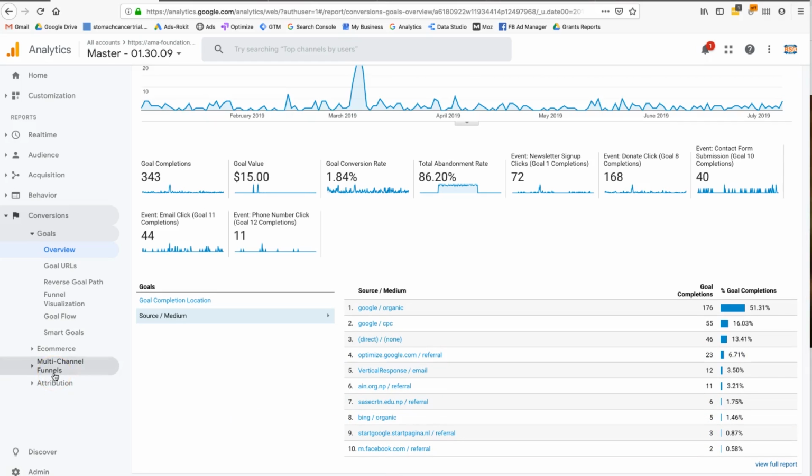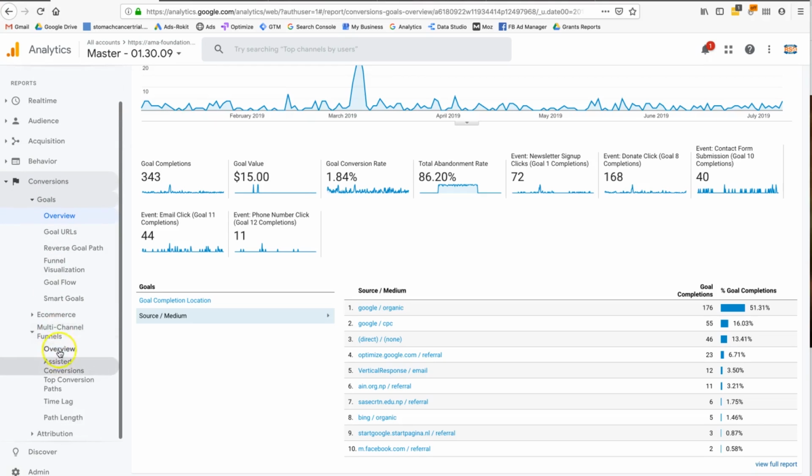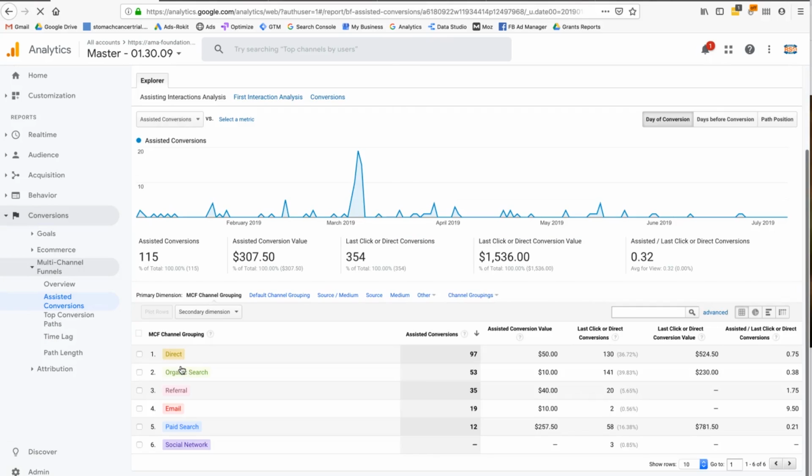Now, I do want to point your attention to another report in Google Analytics that does take into account goals, and that's multi-channel funnels. So again, under conversion goals, multi-channel funnels, if I go to assisted conversions, I can actually see what channel in this example is assisting with the conversions I've set up. And so what do we